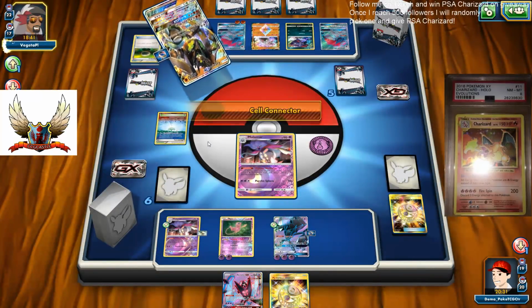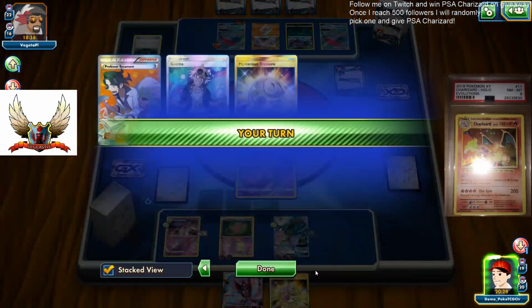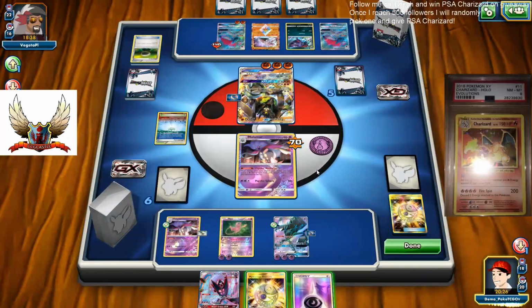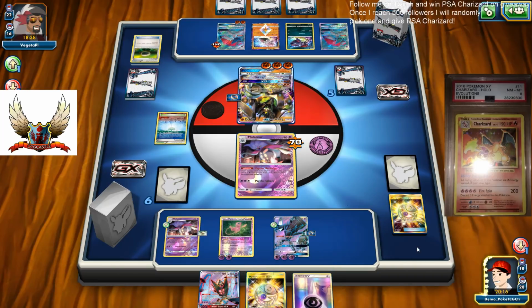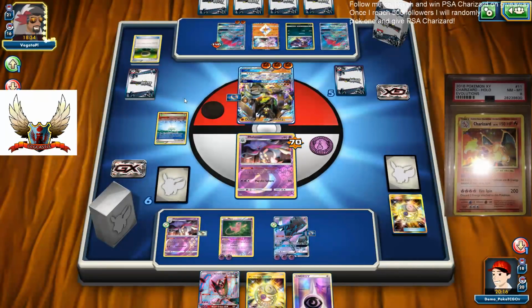Okay, another Fighting Energy and Cell Connector for like a 70. That Parallel City is making so many problems for me. I discard 2 Field Blowers. Oh, amazing energy top deck. Oh my goodness, if I just didn't evolve, who knows what would happen. And next turn he's ready for that Verdict GX, and that Verdict GX is a big problem, but still I